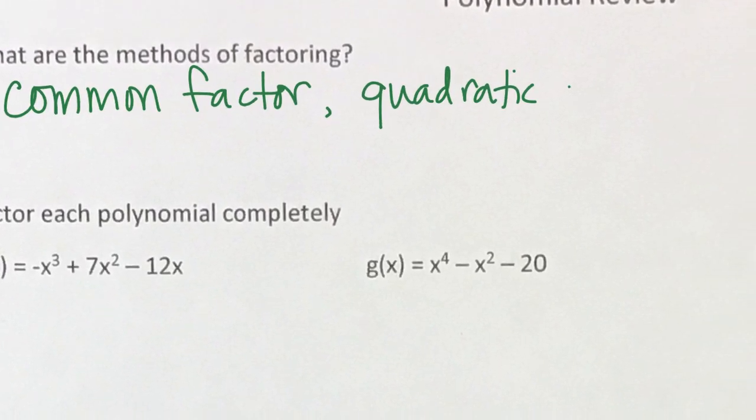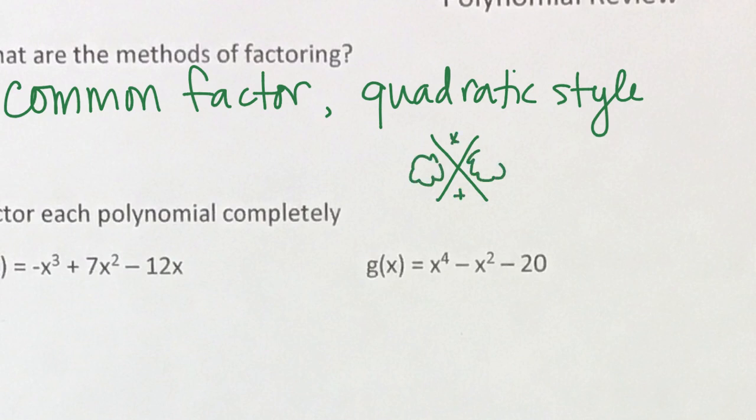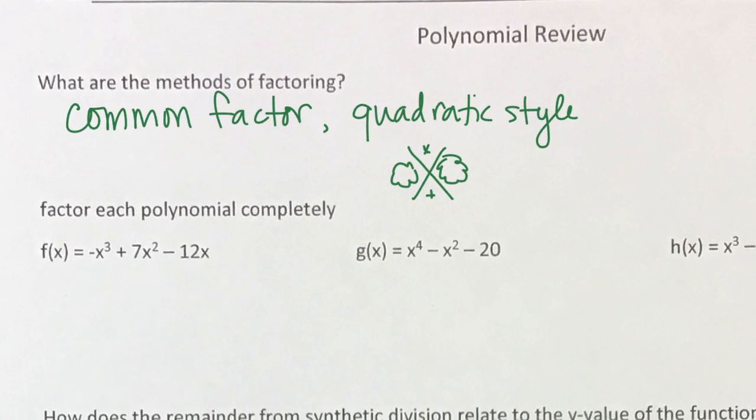I say quadratic style because they also work on 4th degree polynomials, like the g down below there. We're going to factor that one quadratic style. What numbers multiply to give you the top and add to give the middle? That quadratic style thought process when we're factoring. And then the last one we have done is factoring by grouping. So those are our 3 methods of factoring, and they kind of lend themselves to specific